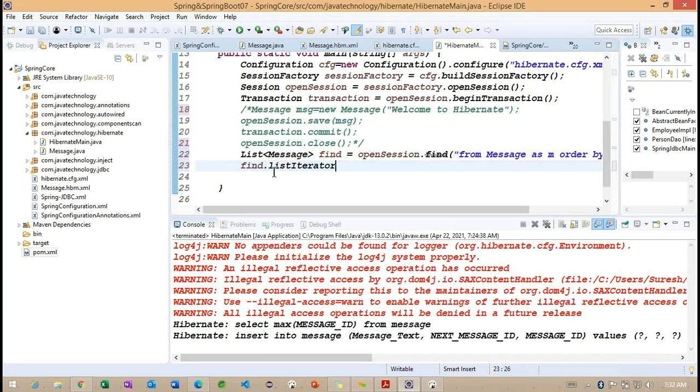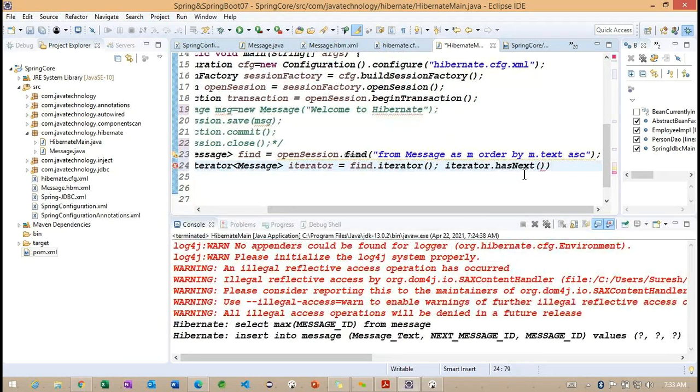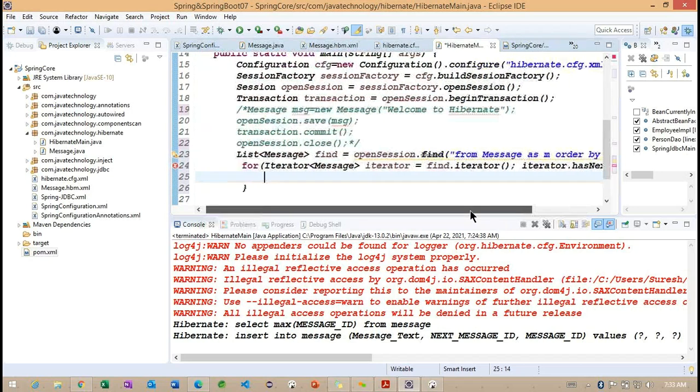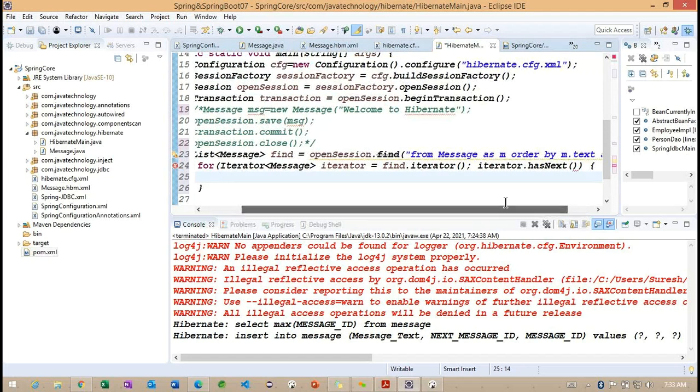Find dot. Here I want to check iterator dot hasNext. So what exactly are we expecting here?